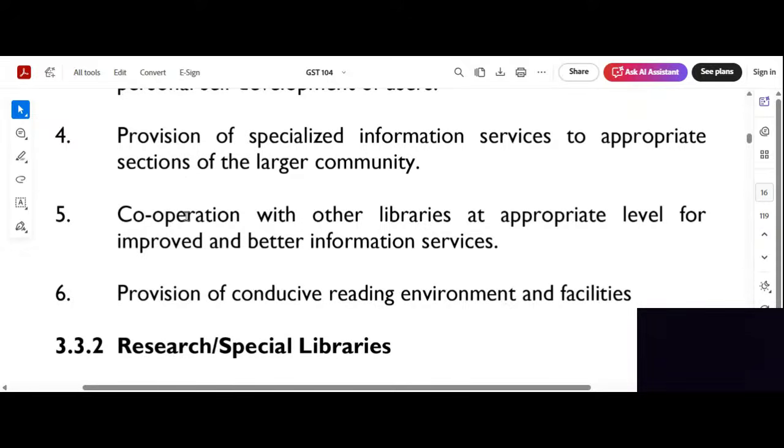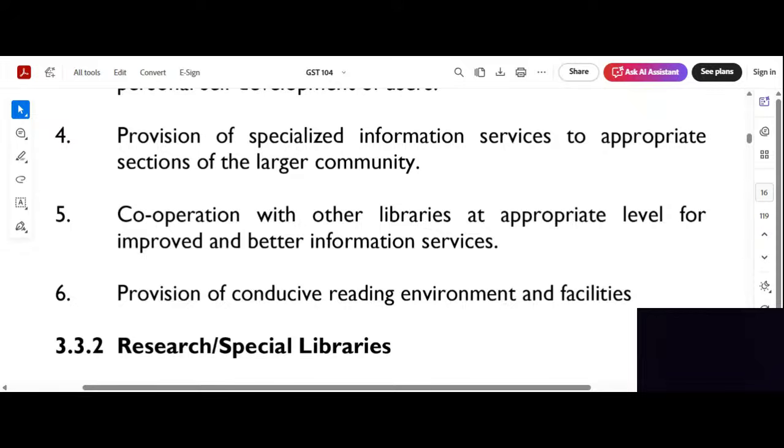The fifth one is cooperation with other libraries at appropriate levels for improved and better information services. There are sometimes that you will need some resources that are not available in your library. There are some materials that are specialized that you can only find in a particular library. Like we have a library now that deals with only agriculture. So if you need a material that is not found in your library and you need it sincerely for maybe your project or anything, then